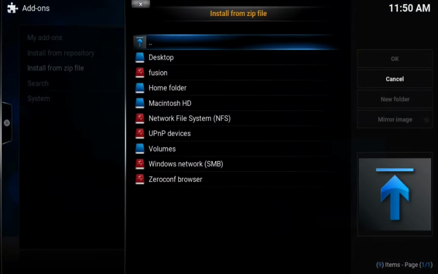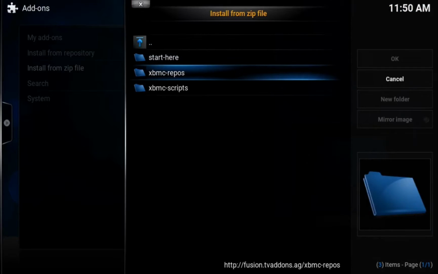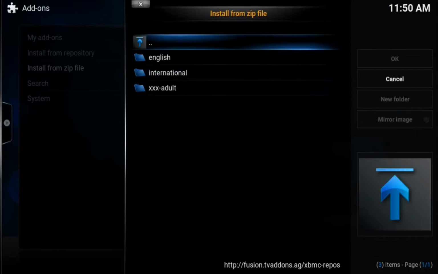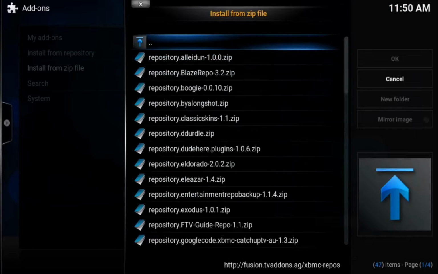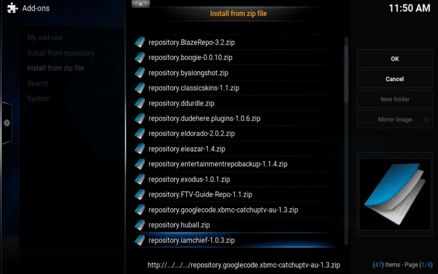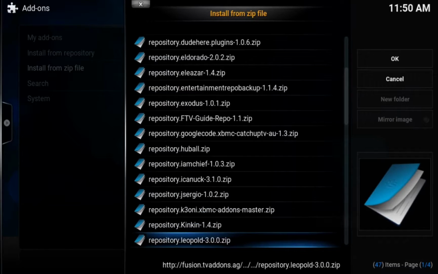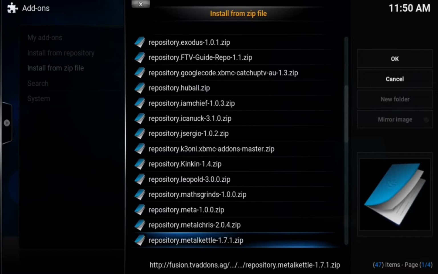file again, go into Fusion, the other one you want is in it, and it's in English, and it's somewhere down here. It's called something. It'll be repository Metal Kettle. And if you get to that, there it is. Repository Metal Kettle 1.17 or whatever it says. So if you get that as well,